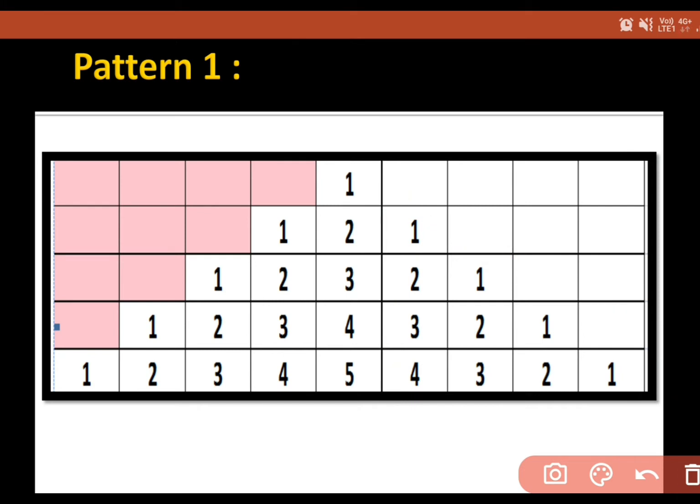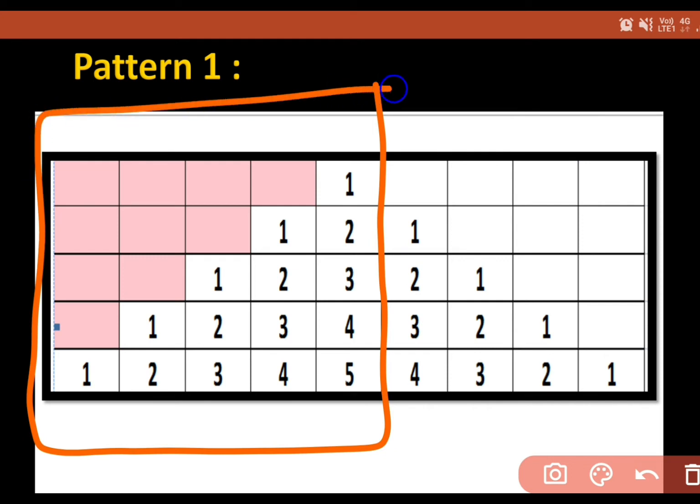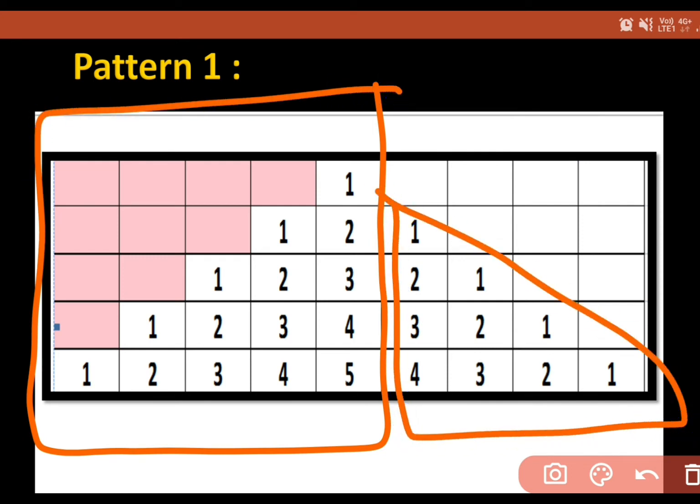See how you are going to think about all these things, how it is going to display this. Try to create some link with the previous one. We have this pattern with us, and we have to create this pattern. How are we going to link this with this? How do we link 1 with 2, 2 with 3, 3 with 4, and 4 with 5?